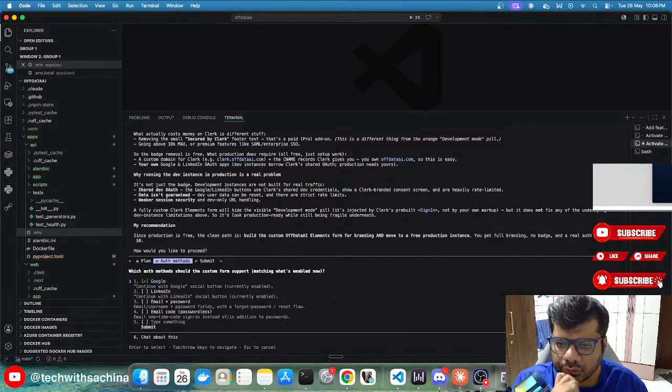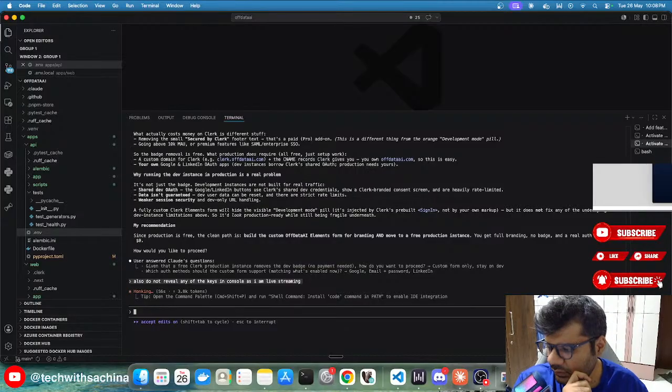Which auth methods? Google, email plus password. Right now, yeah, we are using the same, and continue with LinkedIn. Yeah, this is good enough. Submit answers. Yes, good enough for now.